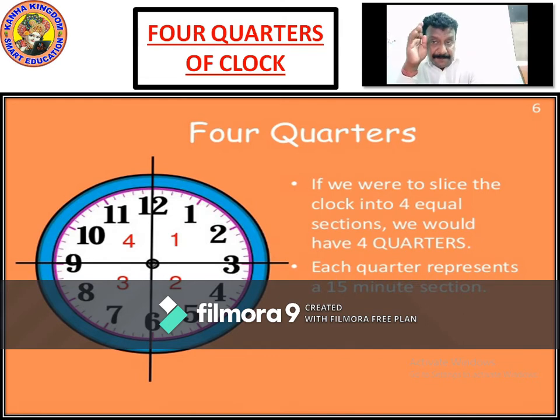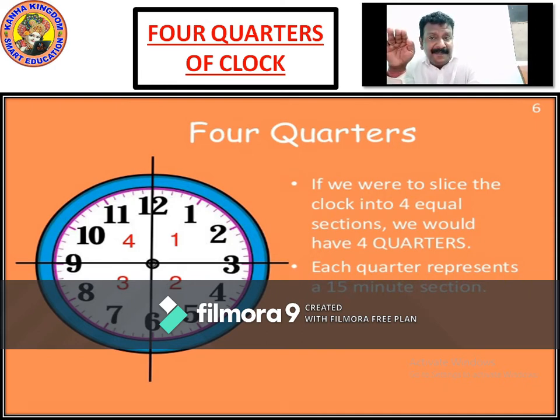But if you make it half, 30 minutes comes here, 30 minutes comes here. If you make a horizontal line, that 30 minutes is again divided into 2. That is 15 minutes, 15 minutes. That makes 30. Then on this side you have drawn a horizontal line, here is again 15 minutes. So the watch has divided itself into 4 sections. When these 4 equal sections are made, it becomes 4 quarters.